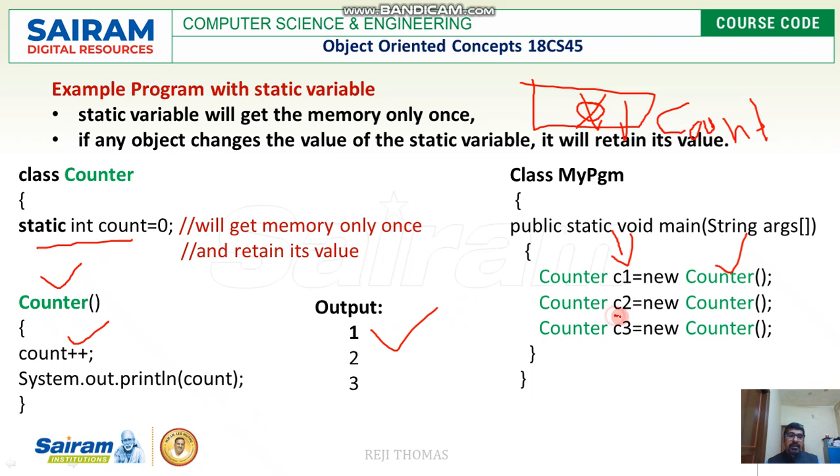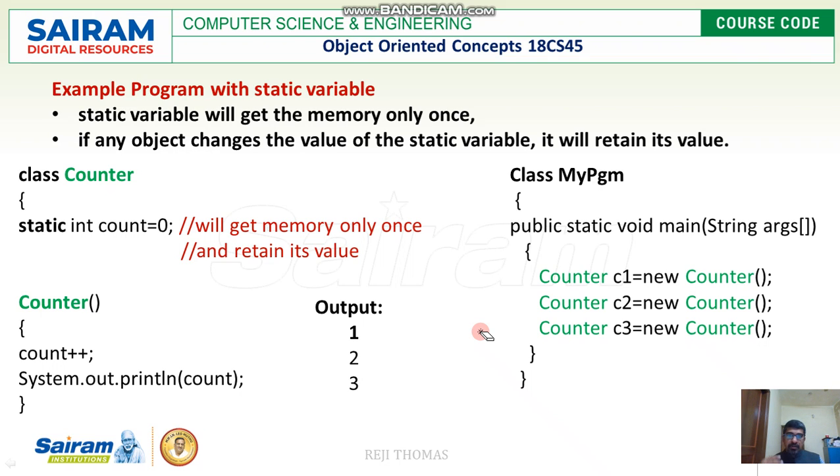Second time I'll create another object, which will never get initialized again. It is going to call the counter, where I'm going to increment the count. So before it was 1, now this is going to be 2. So when I create the second object,